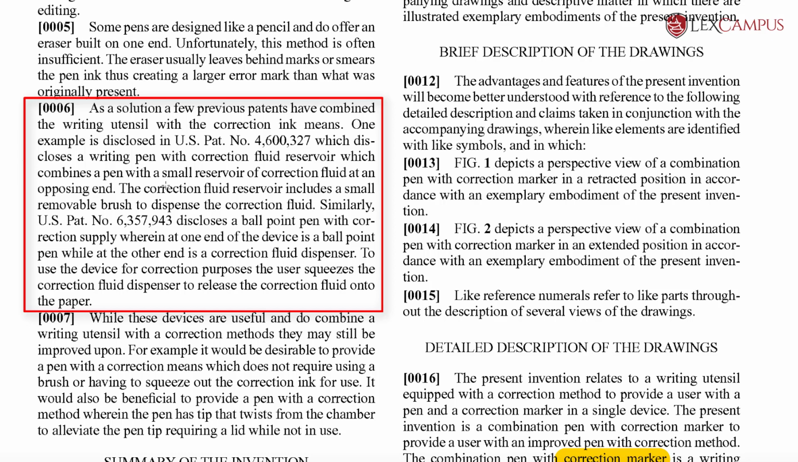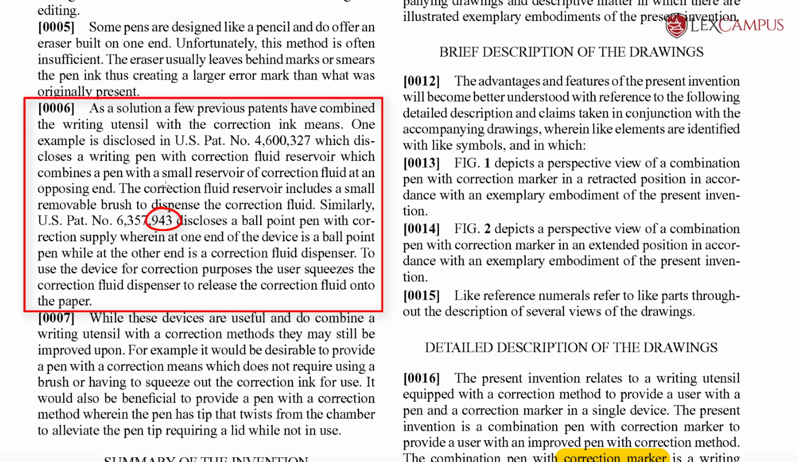Now you can see, the choice of words would largely come out of what position you are in while filing your patent and what were the patents that went before you. The correction fluid reservoir includes a small removable brush to dispense the correction fluid. Similarly,